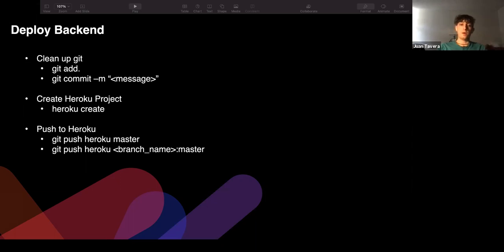And so we could do that by running git push heroku master if we're in the master branch. And if we're not in the master branch, same as before, we could just run the command git push heroku, the name of the branch, and master in the end. And so this will push the designated git branch that we wanted. Again, before we do all this, make sure we're merged into master,